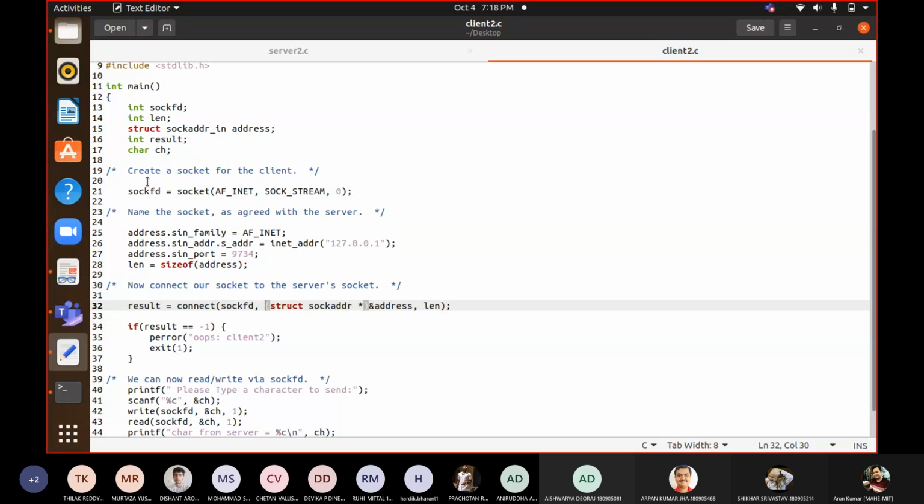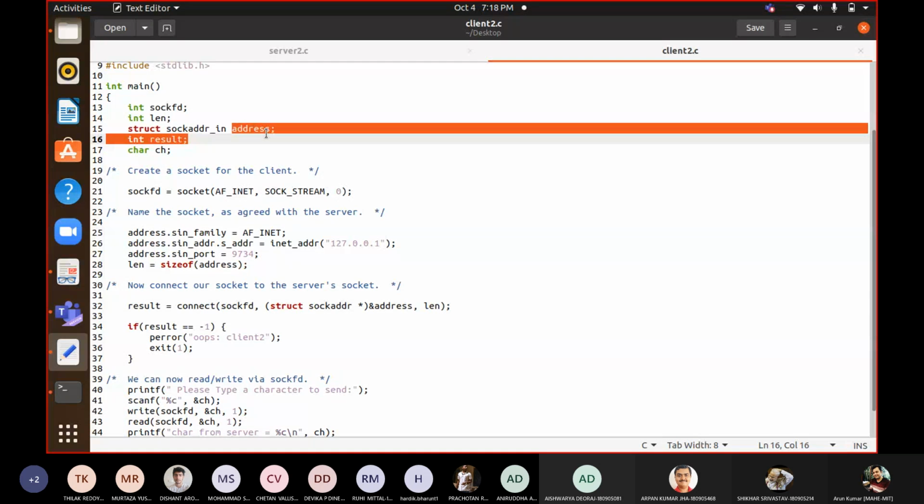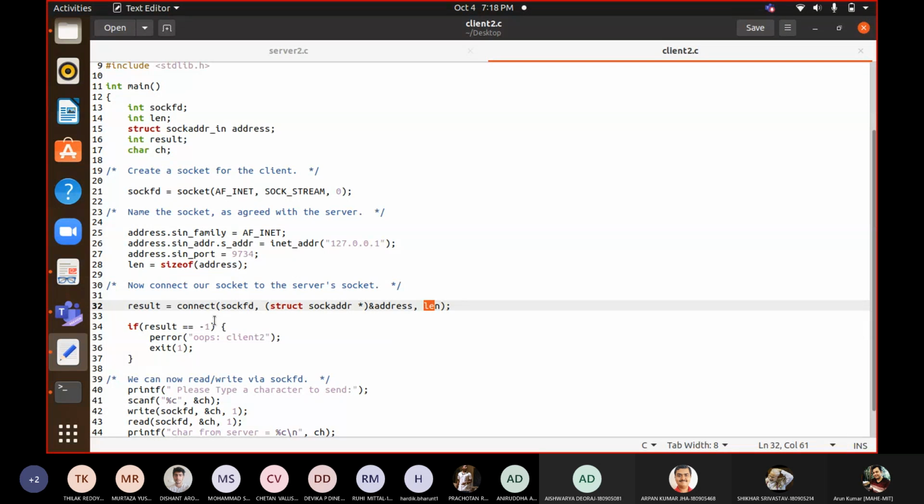This structure of type sockaddr_in is holding this information, so it goes as the second argument. And then the third argument is always the length of that address, the length of that structure. Now, if this result is -1, that means anything went wrong with the connection establishment, because things may go wrong in connection establishment, the connect system call would return -1.